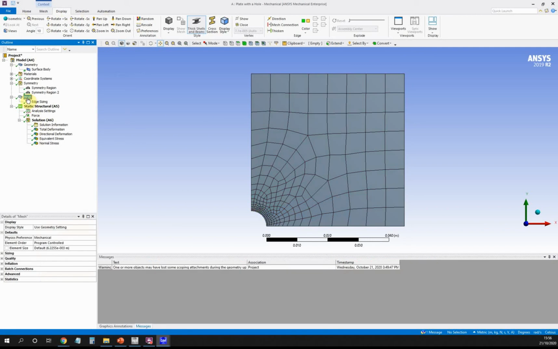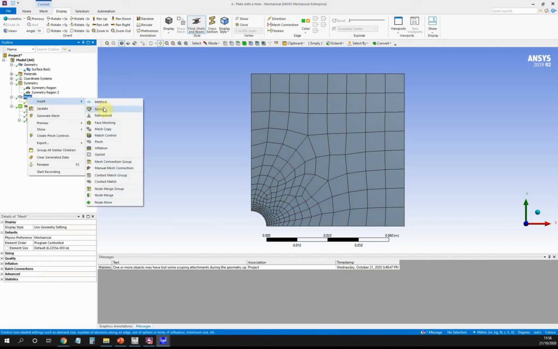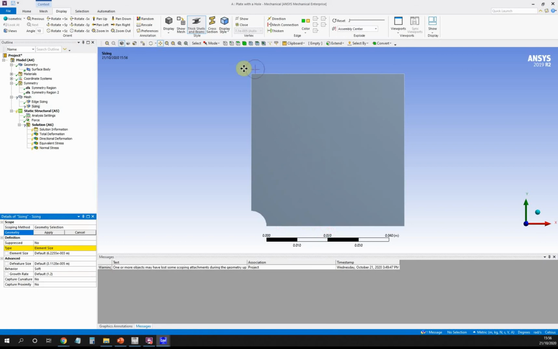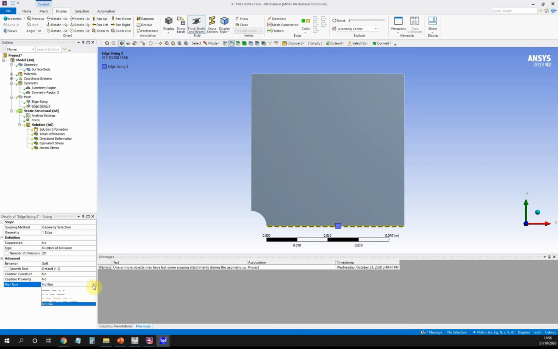So again, we go back to mesh, we go insert, sizing, and we click on our line. So let's say pick this line, go apply, and we'd say number of divisions again, and again we might have, let's say, 20 divisions. So now you can see they're 20 equally spaced divisions. Now down at the bottom where it says no bias, I'm going to click on one of the biases. So I'm going to click on that one there, second one, which tells it that one end should be bigger